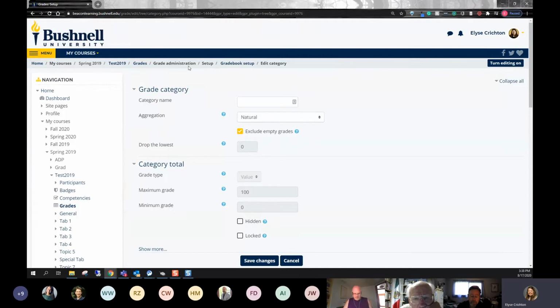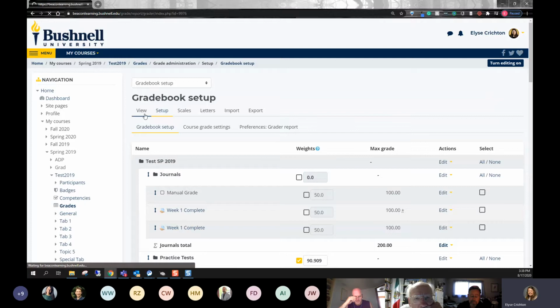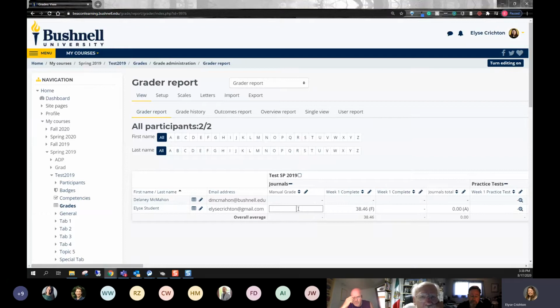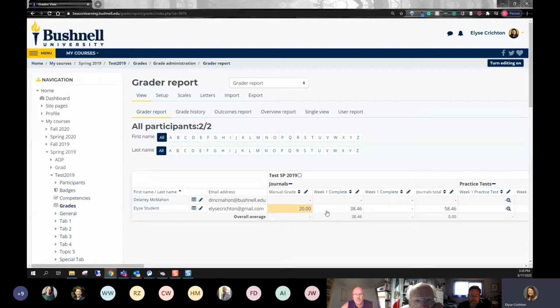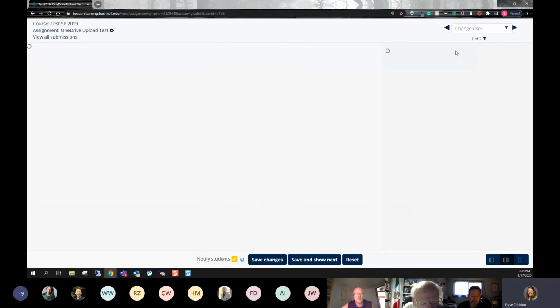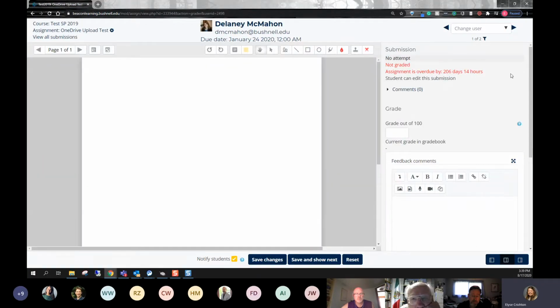Good. Okay. So I'm going to go back to the setup and I'm actually going to look in the grader report view. You might have found that if you type in grades here, they turn this weird color. What that means is that it's been manually overwritten. There are 2 ways you can type in grades. There's in-activity grading, where you go into the course, into the activity, for example attendance or the assignment here, and you give them a grade from there. That's an in-activity grade, and that automatically goes into your gradebook.